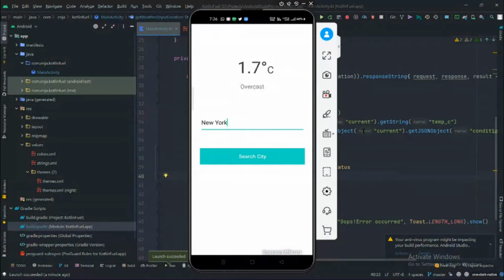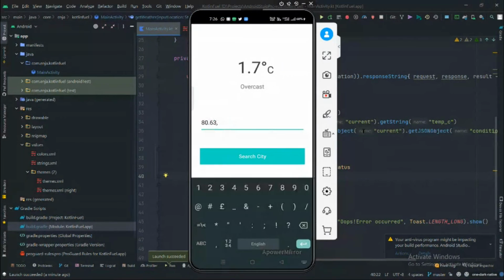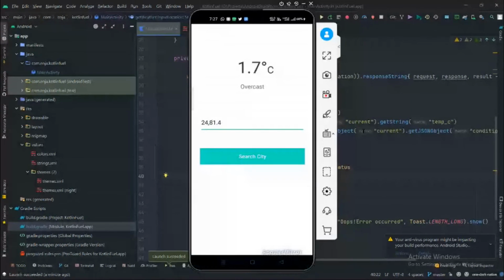Suppose 80.67, comma, sorry. At first we enter latitude and then longitude. Suppose 24 degree latitude, and 81.5 degree longitude. Let's search the city. I don't know which city it is, but let's search it out. Okay, I don't know the name of the city, but